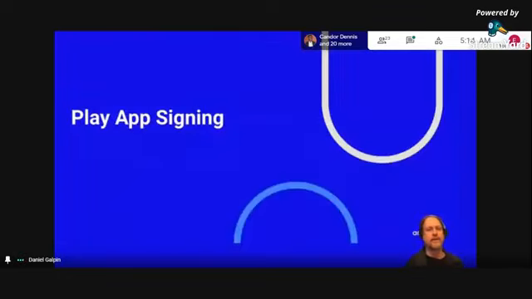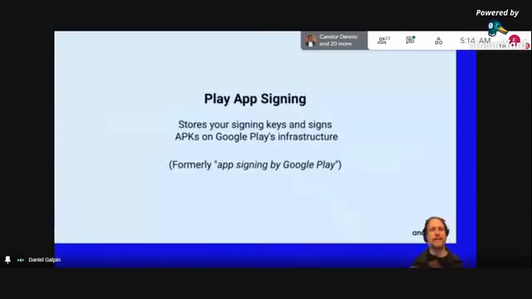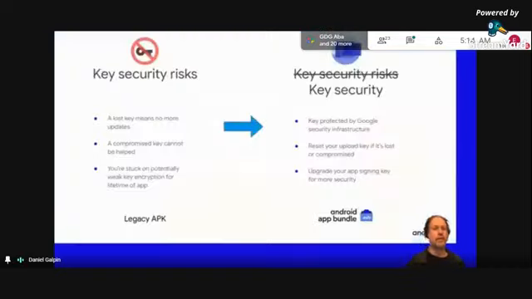So let's get started. What is Play app signing? It basically turns the responsibility of protecting your signing keys, the things used to sign your APKs, over to Google Play. This was formerly called App Signing by Google Play, so it's now called Play App Signing. That's really important because key management isn't easy, and there have been instances in the past where developers of a successful app actually lost their signing key. Because of the Android security model, it was actually impossible for Google to do much in this situation. There was no way to recover their key, and the developer had no way of updating their app. With Play App Signing, we mitigate that risk.